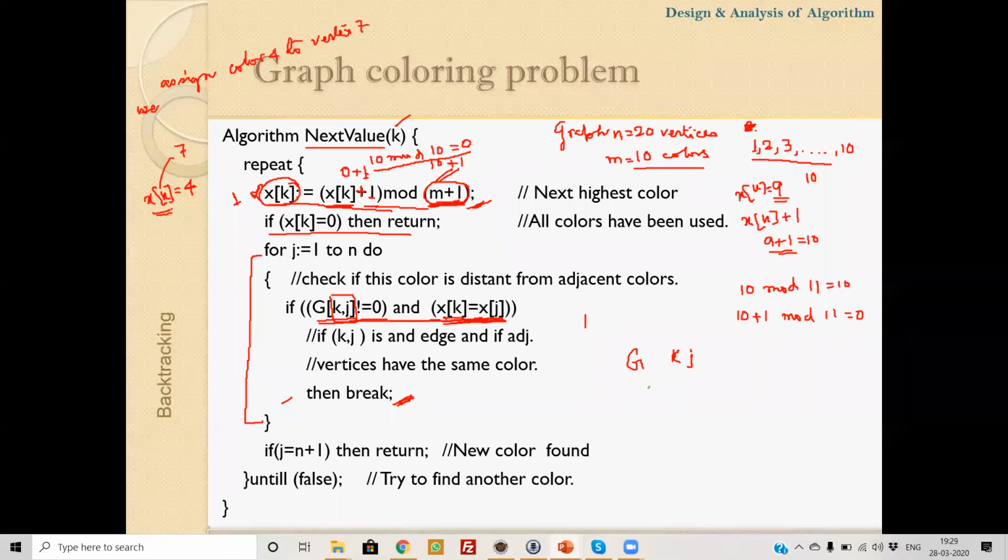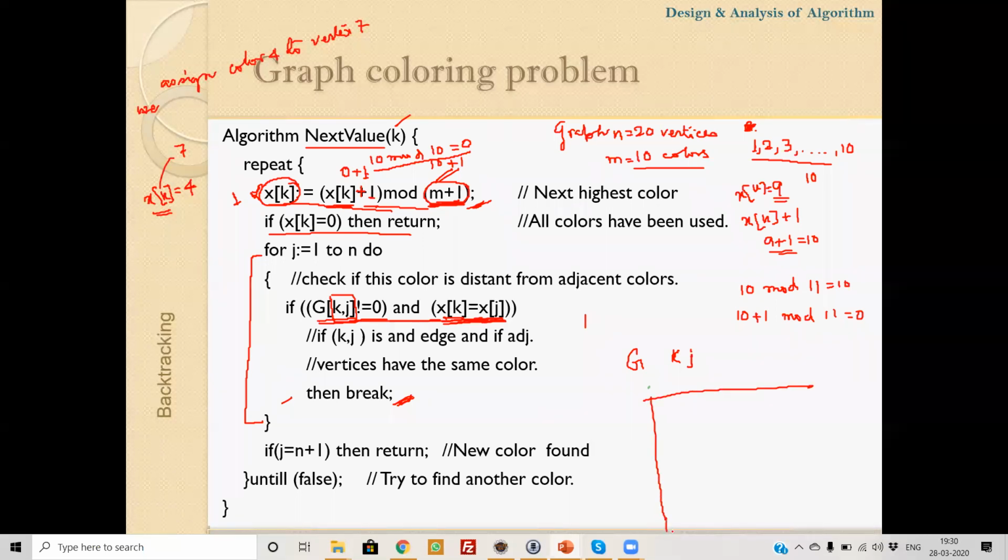We have chosen xk equals 4, so we are trying to assign color 4 to vertex 7. Now when we are going to assign it, we have to check who are the adjacent vertices of vertex k.